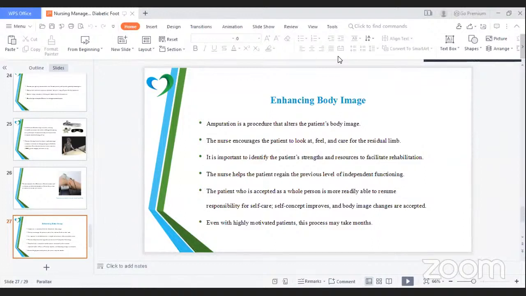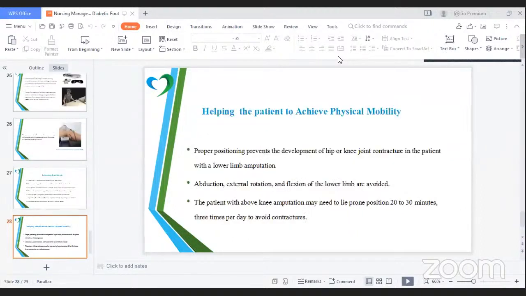Of course, the patient after this type of surgery feels bad about himself, about losing an important part of his body. The nurse encourages the patient to look at, feel, and care about the residual limb, and encourages the patient also to be involved in society. It's important to identify the patient's strengths and resources to facilitate rehabilitation,